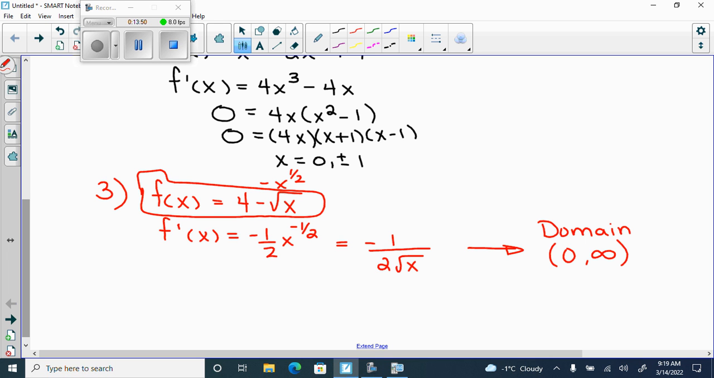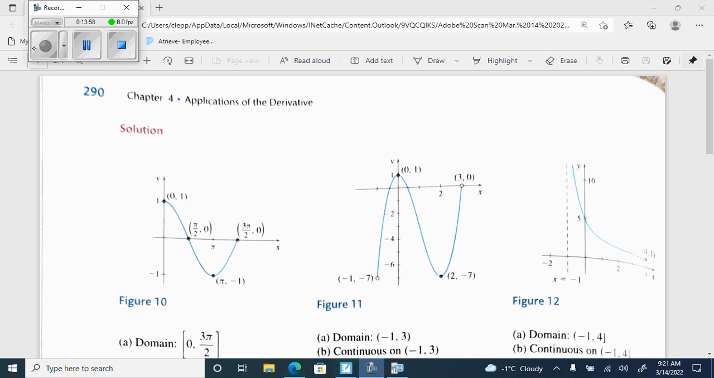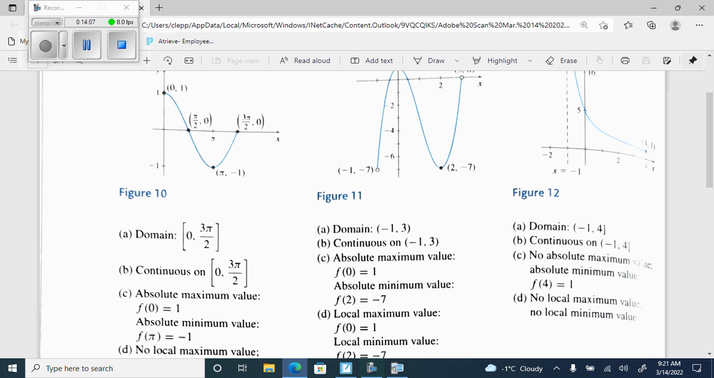I searched it up. So what I want you to do, if you do have your textbook in front of your face, is turn to page 290. So these are the functions that sit in front of you, and we'll talk about where critical numbers hit. So this was on page 290. It gave examples. If you look here, this function that's given to you in figure 10,